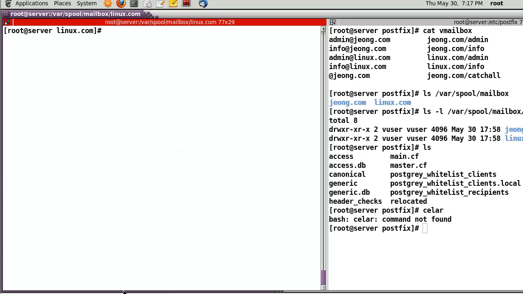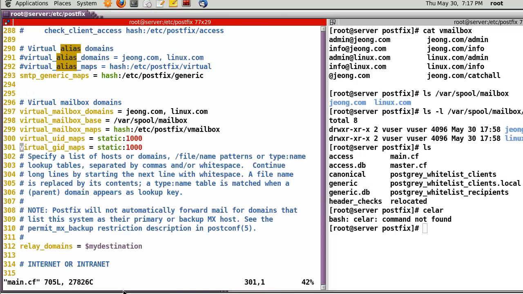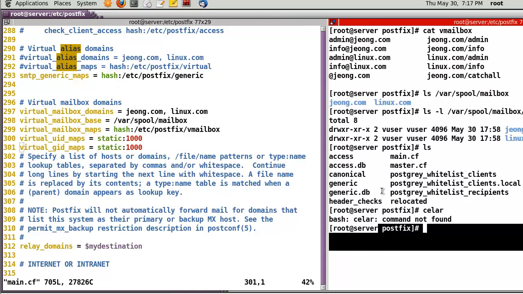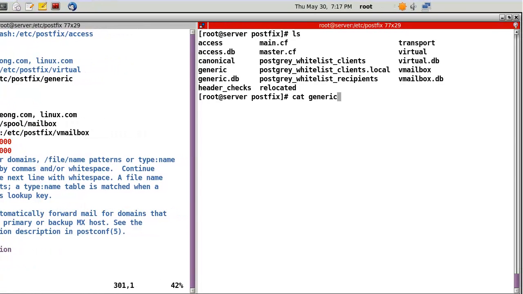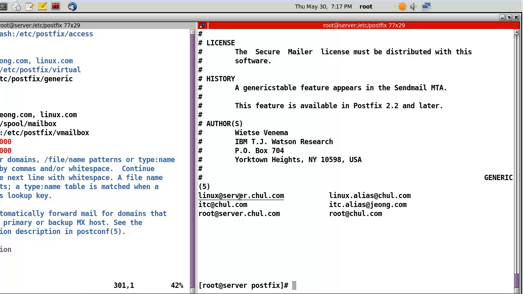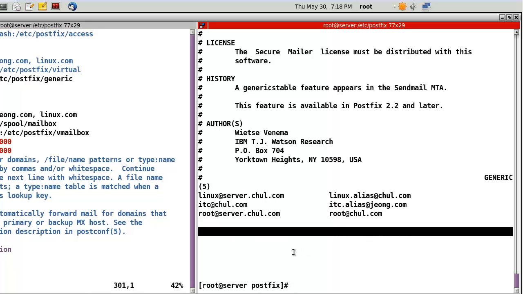Okay, the last testing, outgoing aliases. Okay, etc Postfix. Okay, main.cf here. Please check this file, smtp generic maps. In my case, I will use this file, generic, like this. So in my case, linuxserver@chol.com is linuxalias@chol.com, and itc@chol.com will be itcalias@jong.com, and root@server.chol.com is root@chol.com, like this. It means,